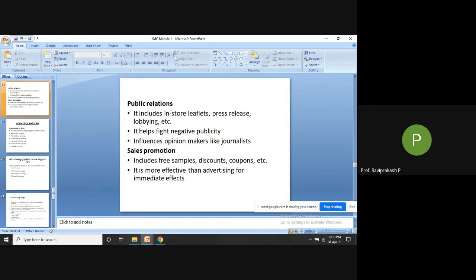That means promotions may take some time, as we already saw; immediate action plans are there, and indirect action, promotion, advertisements are there. Something you want to have fast, now, then and there. Some things should play in the minds of the people slowly, and they'll come back to me in a certain period of time. So these all come under sales promotion.